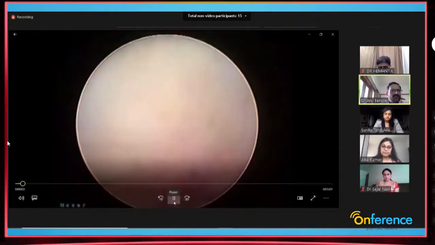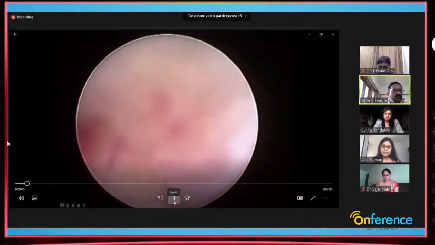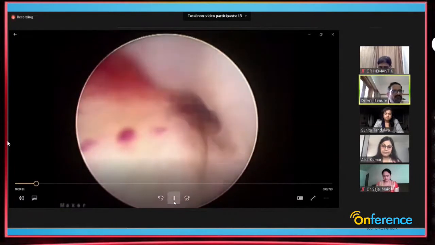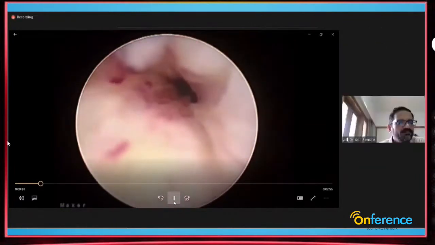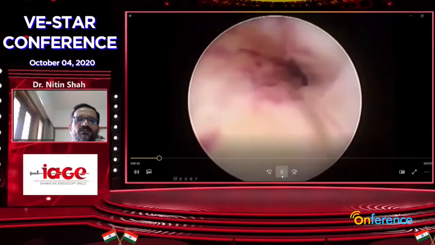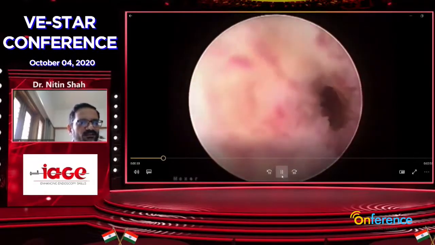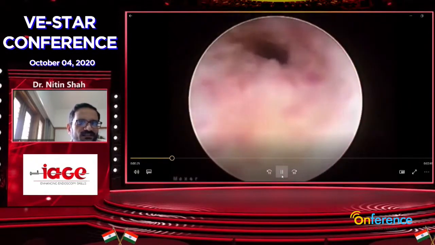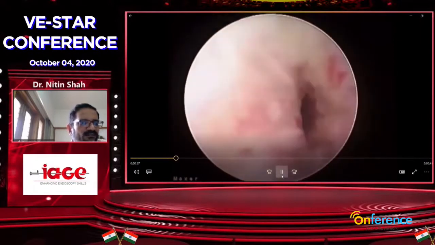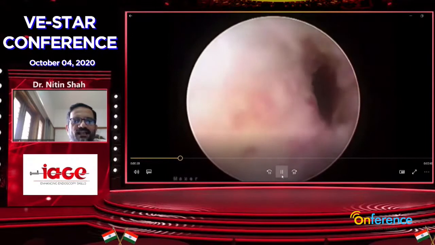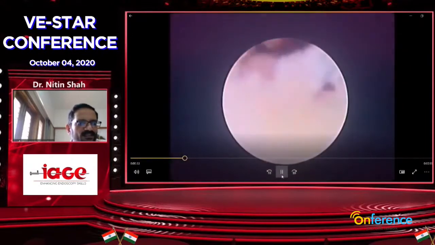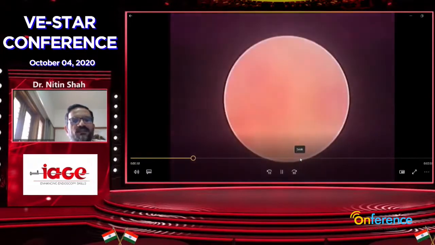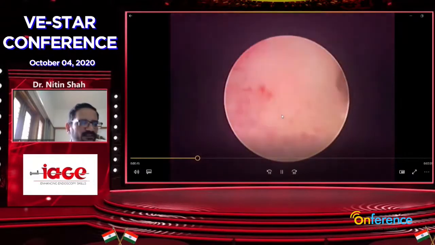We prepare the cervix by asking the patient to take 2 tablets of misoprostol vaginally the night before the surgery. We use a small diameter hysteroscope in the beginning of the procedure, and if need be, we switch over to the bigger diameters. We prefer to negotiate the cervix under vision, as shown in the video, and we rarely have to negotiate the cervix blindly, till the uterus is filled up with the media and it opens the cervix from inside. Most of the time we negotiate the cervix this way, as shown in the video, but sometimes we can dilate the cervix. We don't hesitate to dilate the cervix.